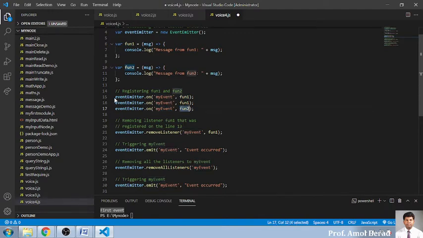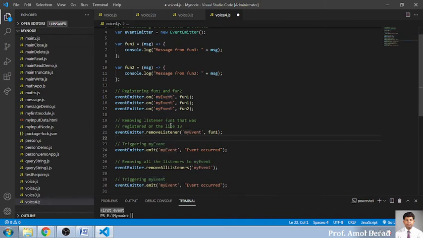So first we have bound. Now see, I have bound my event thrice, one name with three different functions added over there with the same name. That is, my event will be executing function 1 once, then function 1 once again, that's the second time I am allowing it to execute, and then after that I am executing function 2. So three different functions, considered as three different ways, each time I call my event. So my event will be executing three times.